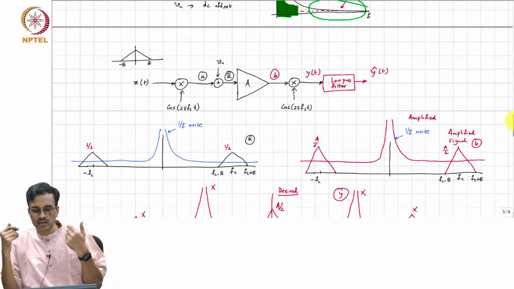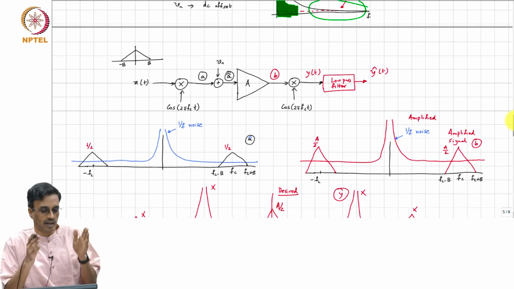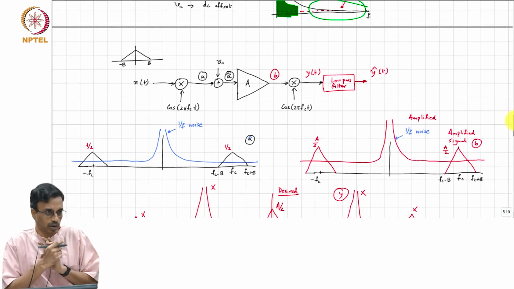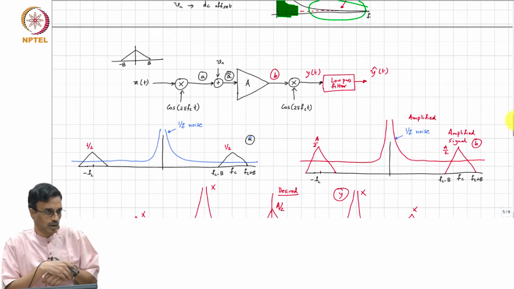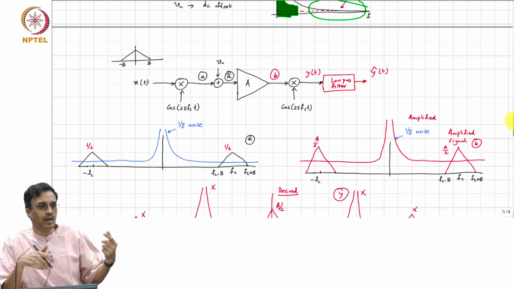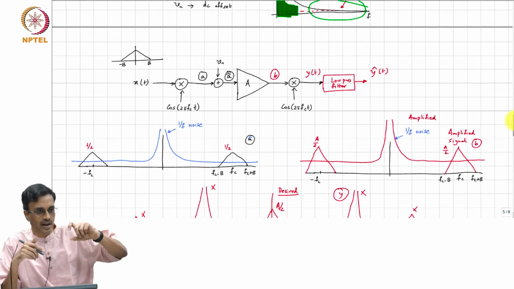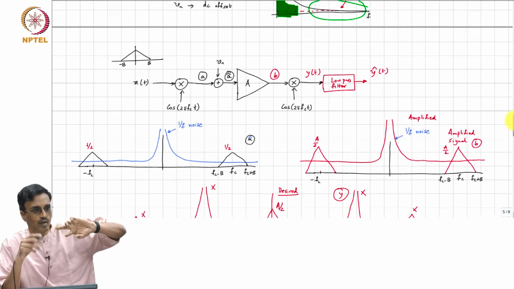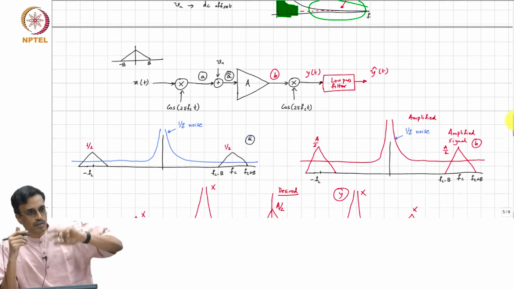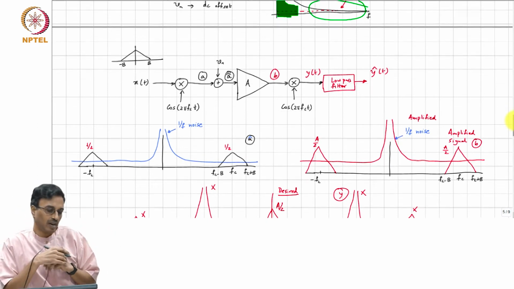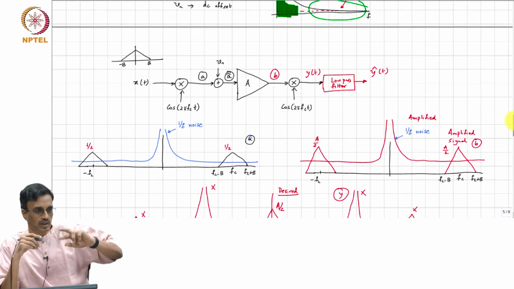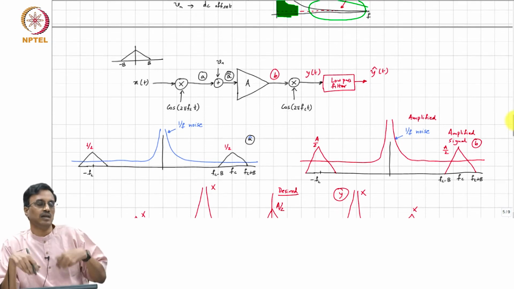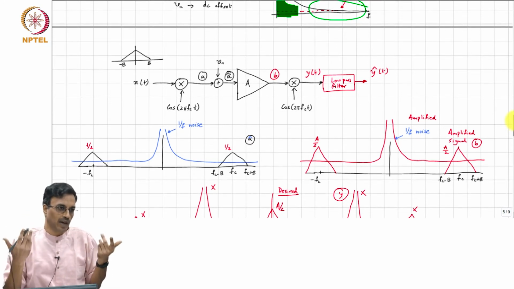The flicker noise is evidently a very low frequency phenomenon, and you can think of it as an offset which is changing slowly with respect to the chopping frequency. The idea is that if you process the signal with a positive offset for a little bit of time, and then with a negative offset for the next time slot, the offset has become positive and negative, and you do the same thing at the output of the amplifier.